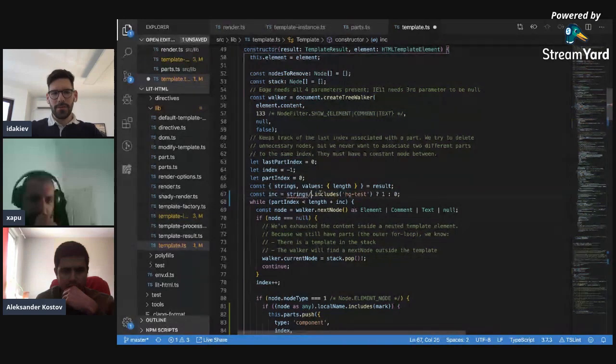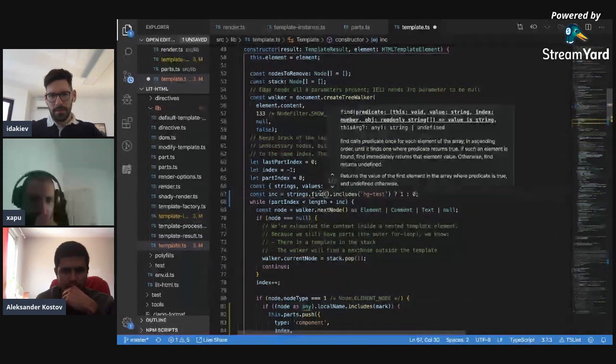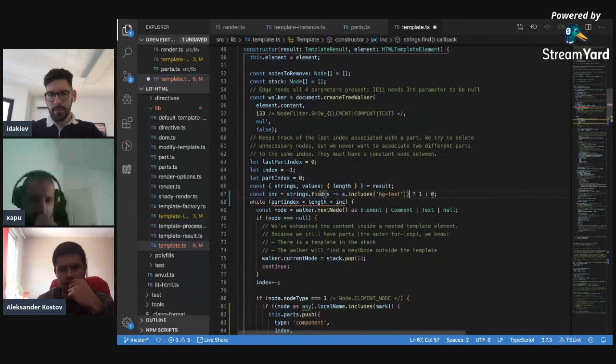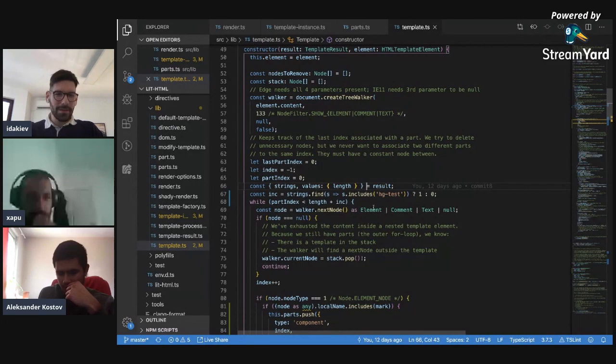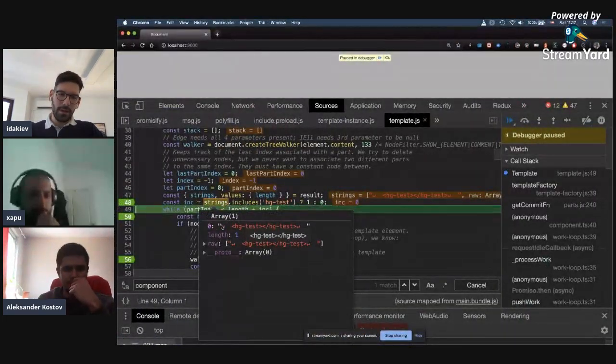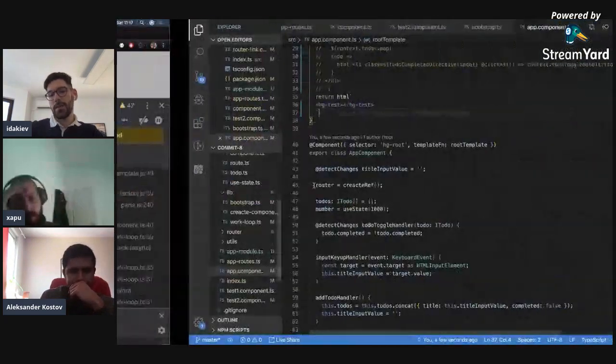It should be something like find. But include should work. Oh yeah, find. Okay. Sure. It will work, but the problem is that we need to search inside the array, because we have other things here, and this is why it's not matching. Anyways,